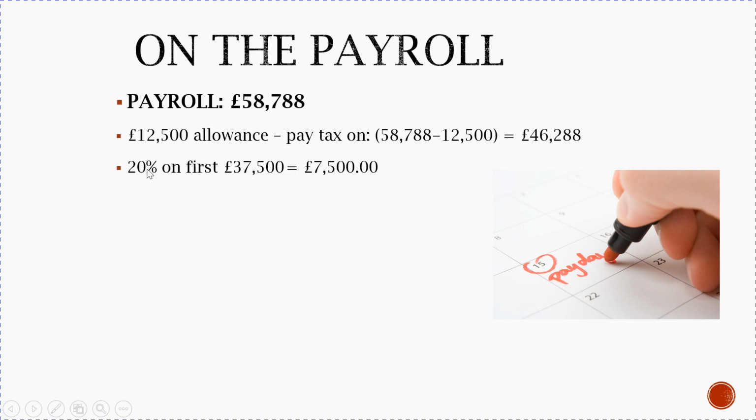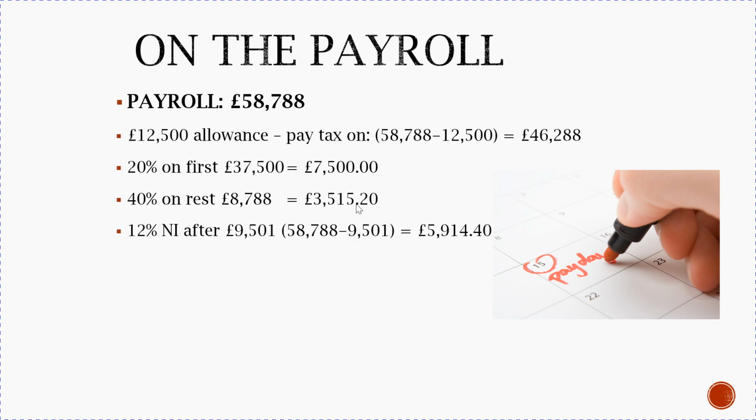Now the basic rate of tax is 20%, and you pay that on the first 37,500. So 20% on that would be 7,500, and then you pay 40% as an upper rate taxpayer, a higher rate taxpayer. You pay that on the rest. So 12.5 to 37.5, that comes to 50. Anything above £50,000 earned is taxed at 40%. So the amount above the 50,000 is 8,788. So 40% tax on that is